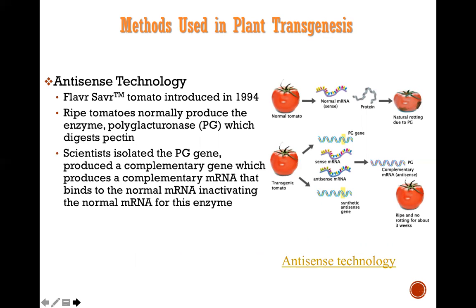One of the first ways genetic engineers introduced this technology into the field was through the Flavr Savr gene that was patented and put into tomatoes back in the 1990s. This was done in Harry Klee's lab at the University of Florida. What happened was this polygalacturonase enzyme typically digests pectin in the tomato cell wall and induces ripening. What they did was they were able to isolate that gene and produce